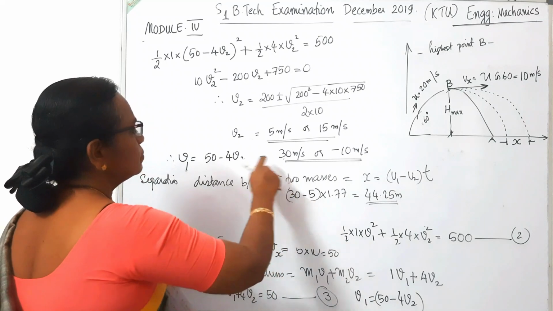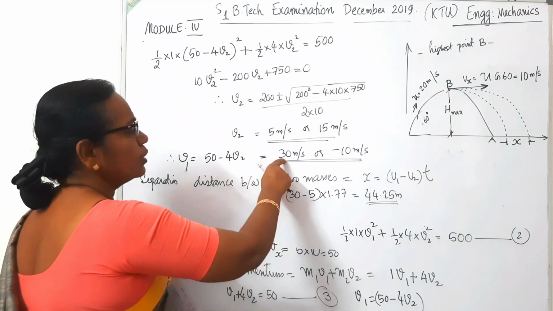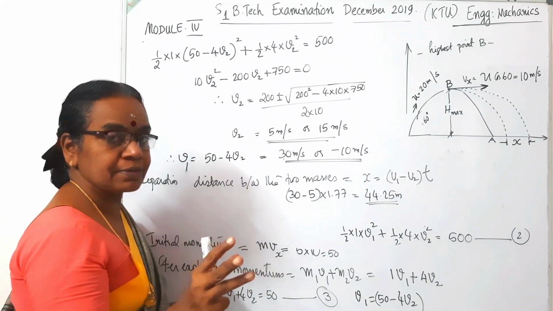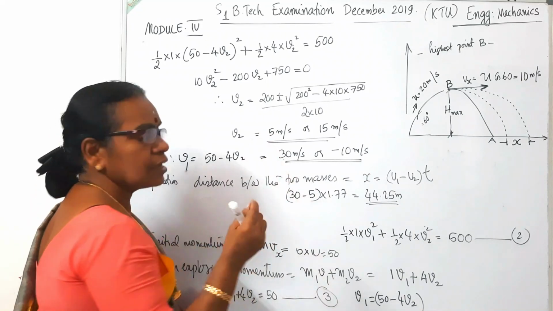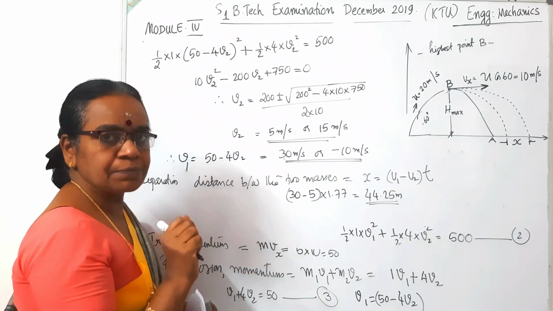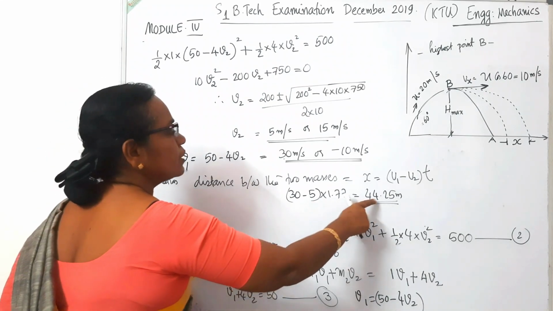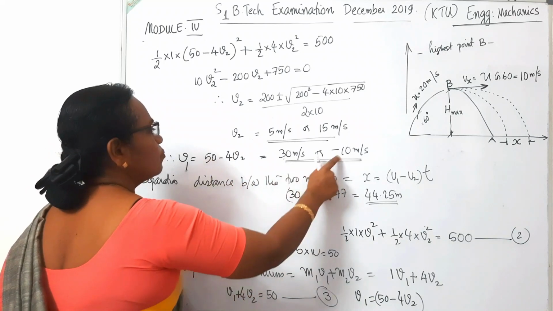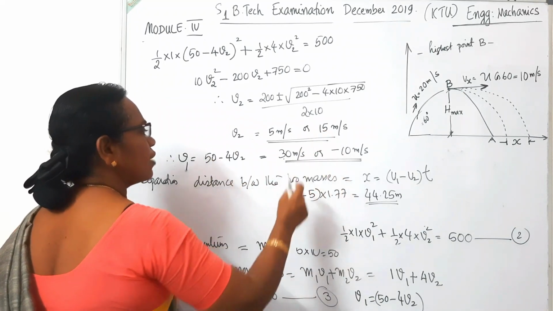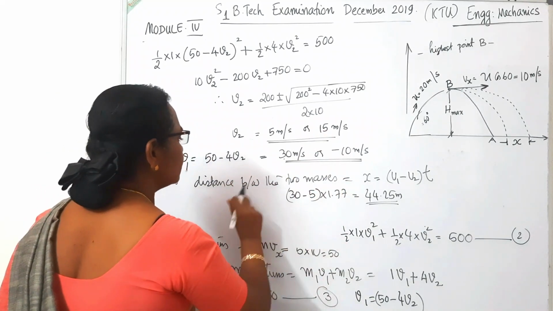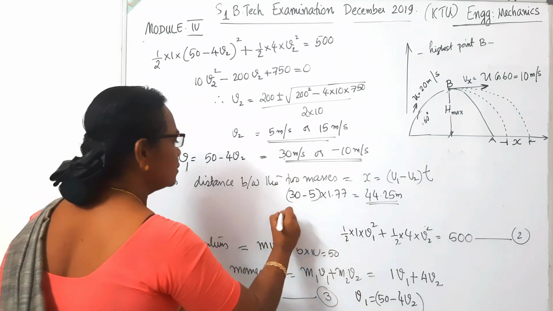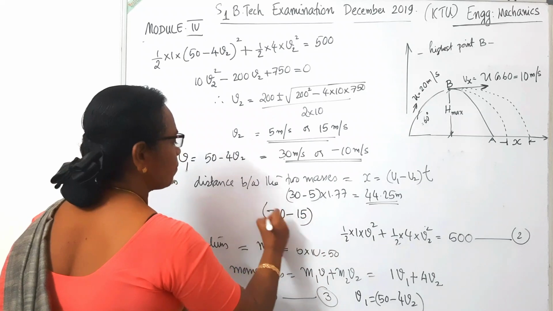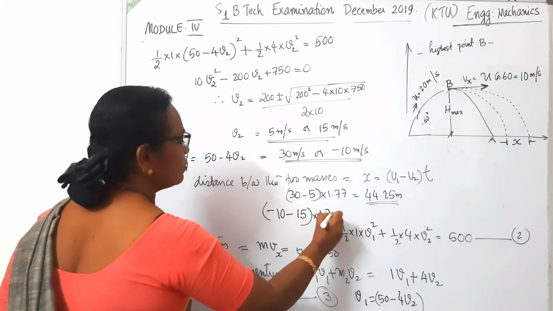Okay, that is the body with mass 1 kilogram. A smaller mass will have greater velocity, 30 meter per second, and the other one will have a velocity of 5 meter per second, and the distance between them is 44.25. Suppose it is reversed, the one is having minus 10, the other is having 50, then the velocity of separation is minus 10 minus 15 into 1.77.